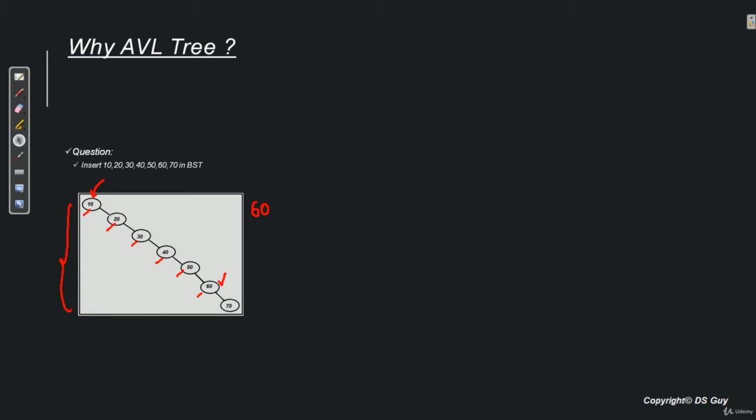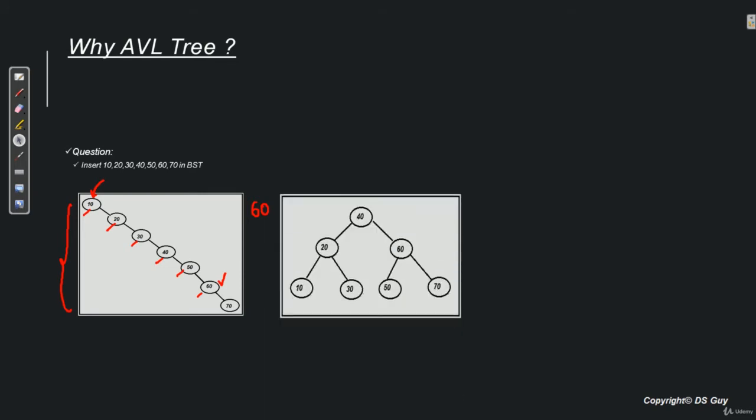Now let's say if the same binary search tree would have been represented in a more balanced way, then this is how our tree would have looked like. So here we see that this binary search tree has the same nodes starting from 10 till 70. But the only difference compared to the previous tree is that the height is way more balanced. Because of that, you see the advantage here is, if we want to find same number 60 in this tree, all that we have to do is visit 40, visit 60. So total 2 visits were required.